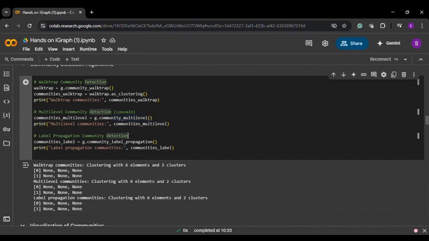And the third one to detect communities is label propagation. It is a simple and the fastest method for community detection. Each node starts with a unique label and the label is spread through the network until communities are formed. The algorithm runs until the labels stop changing. As we see in the code, g.community_label_propagation runs the label propagation algorithm, and let's see